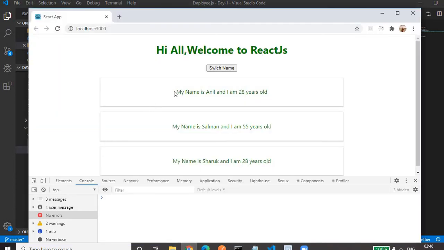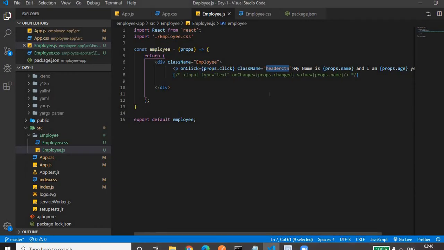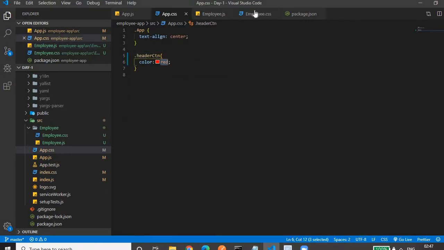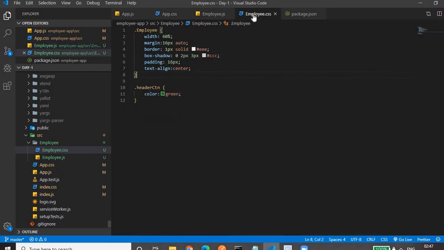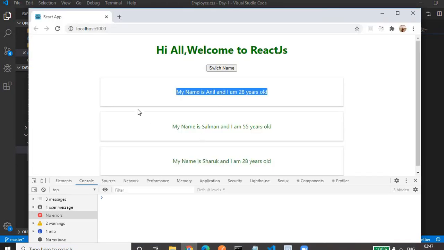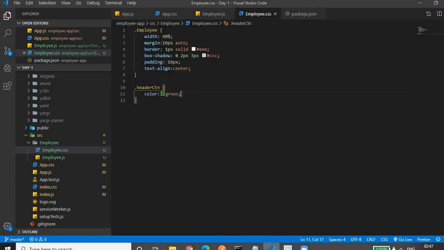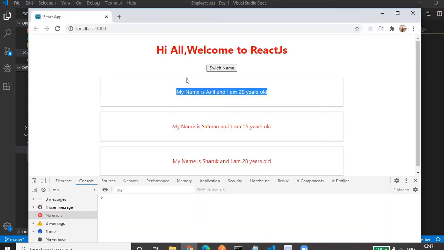This has the same class as in app.css, header container. This class is again redefined in employee.css with color green. That's why everything is displayed in green color. If you comment out this green color, you'll see everything is in red color.